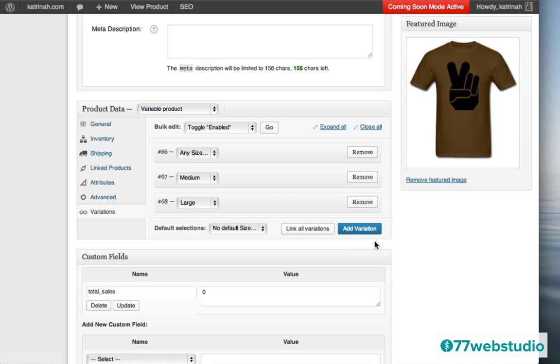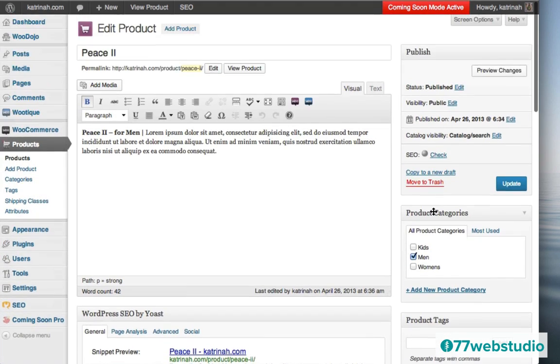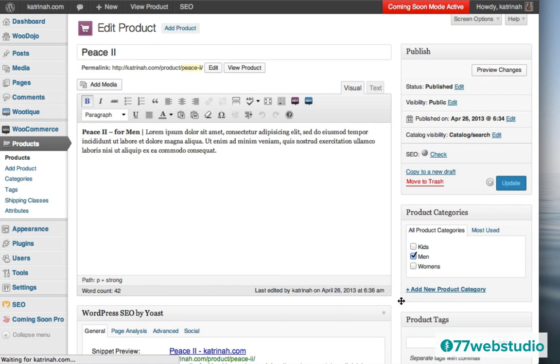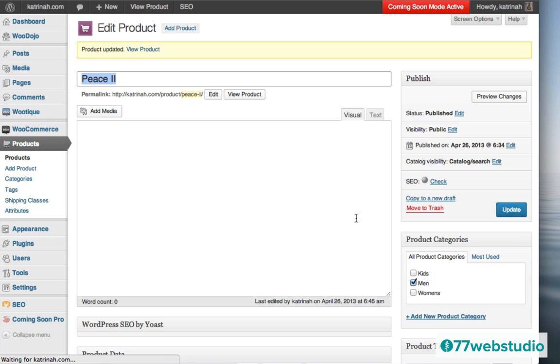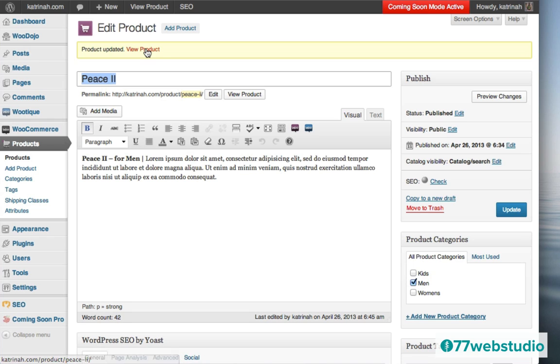And here you notice that there's a setting here that says Default Selection. Now note that right now it says there's no default size. For that reason, that's why we do not see the Add to Cart button. So whenever you're setting up your product info, you want to make sure that you also set up a default size or a default variation for whatever your product is and whatever your variations are. So I'm just going to click on small and make that the default selection size. And then I'm going to come up to the top here and click on update to update the settings of the product page. So now let's go take a look at what the product page looks like.